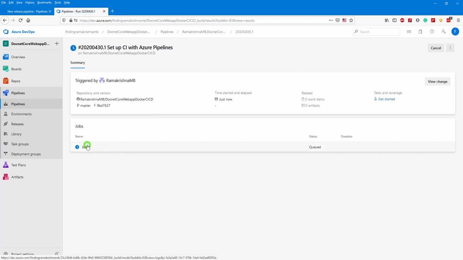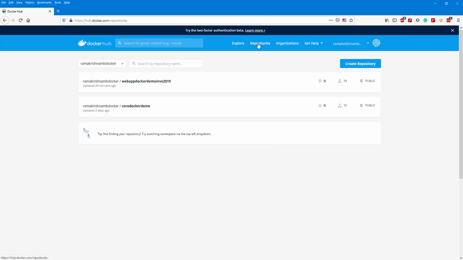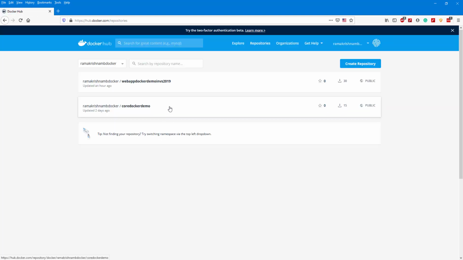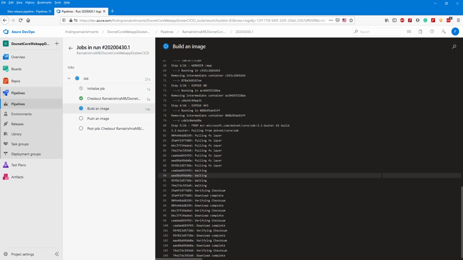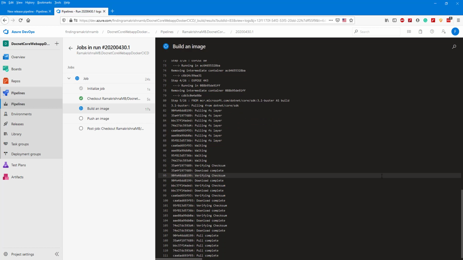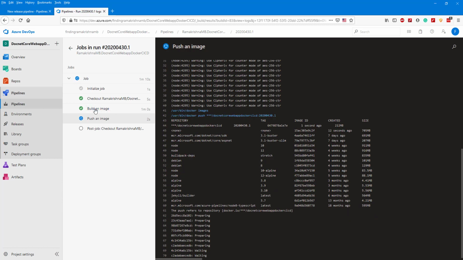Pipeline is creating. Let me see how the job executes. In the meanwhile, if you go to my Docker Hub and repository, I have two repositories in my Docker Hub, and I'm creating a new one through the CI pipeline using DevOps. Image build done successfully.